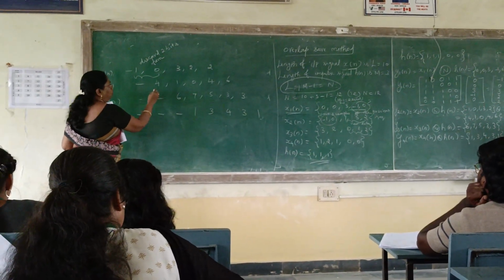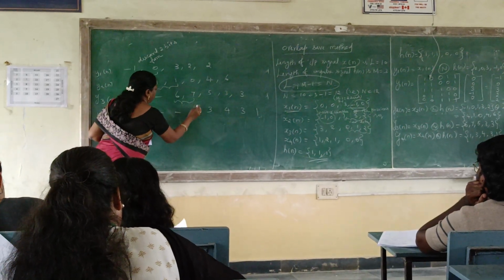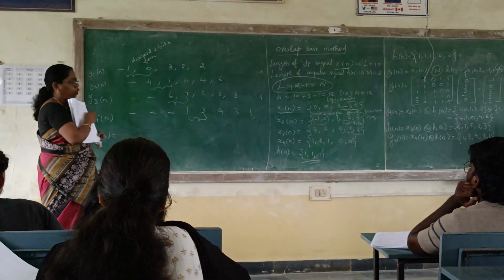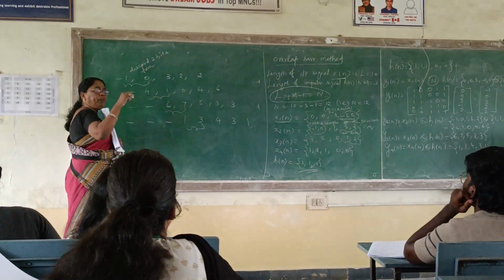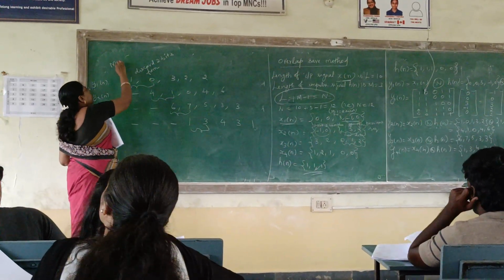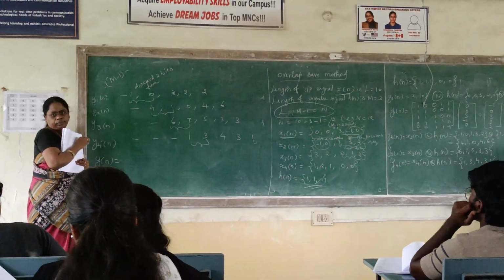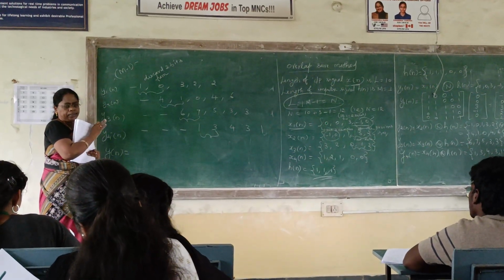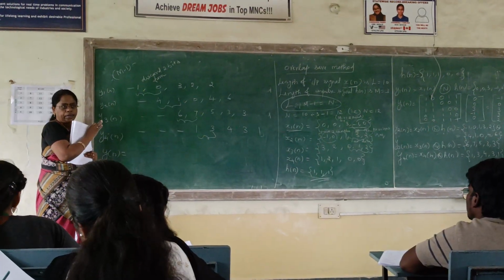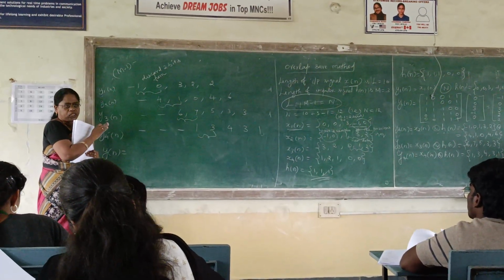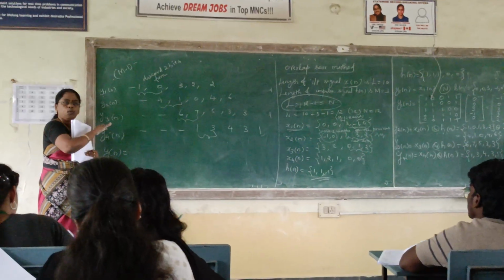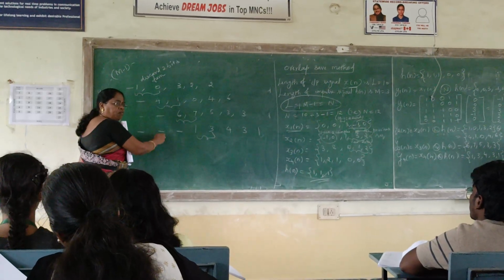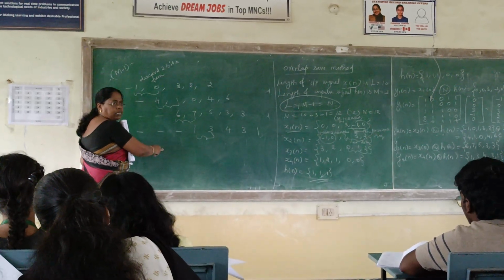For y1 of n, y2 of n and the rest, the first two bits should be discarded while writing the final answer. First two bits are not necessary to include. Discard the first two bits. Why? Because M minus 1 bits should be discarded. This is the overlapping procedure. The overlapping content is not necessary; that means it has unwanted information. That is why we remove the overlapping information. The first two bits could be discarded from all the outputs.